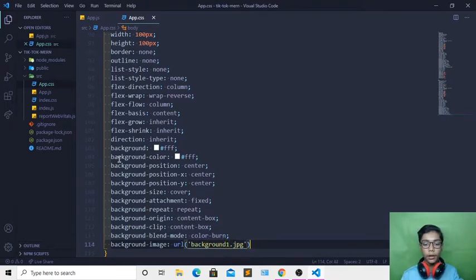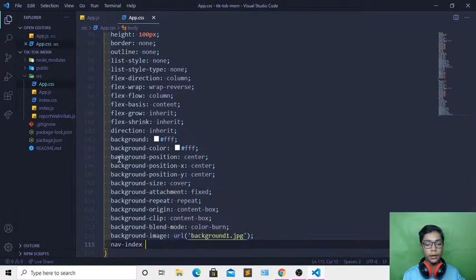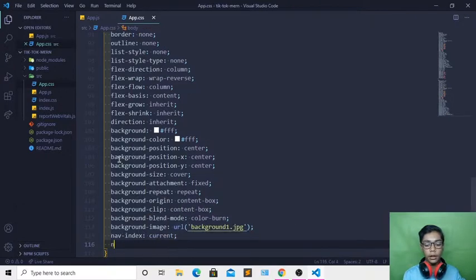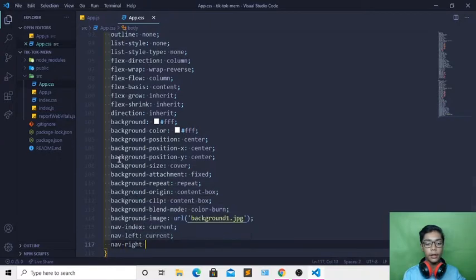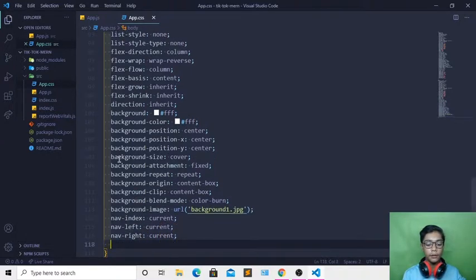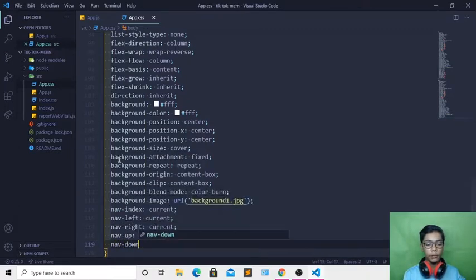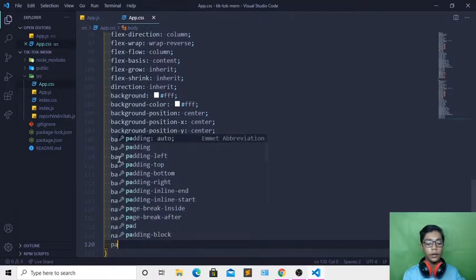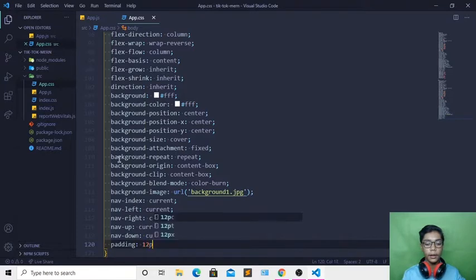So when you've done that, close that, come underneath and create nav index current. Then I will also write nav left, which should be current, and you have to write nav right current, and create another tag, nav up current, and I will write nav down, which should be current. Now when you've done that, I will come underneath creating padding 12 pixel,